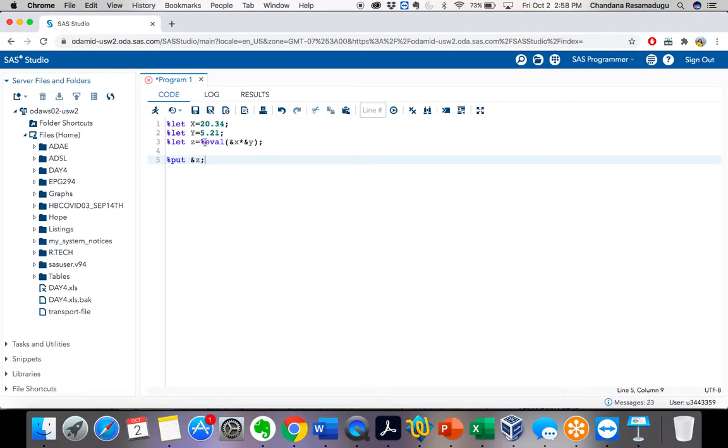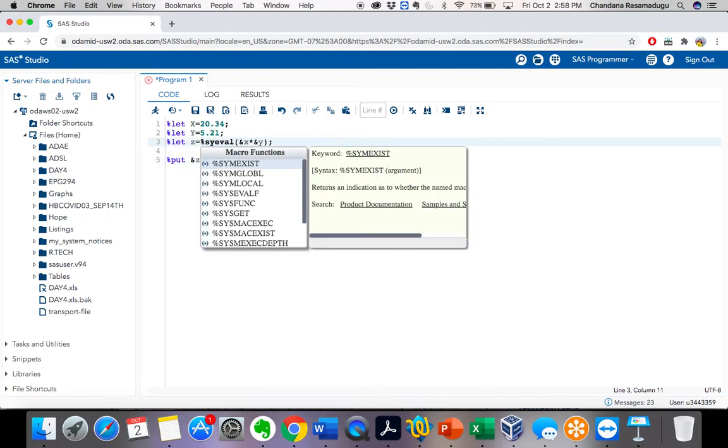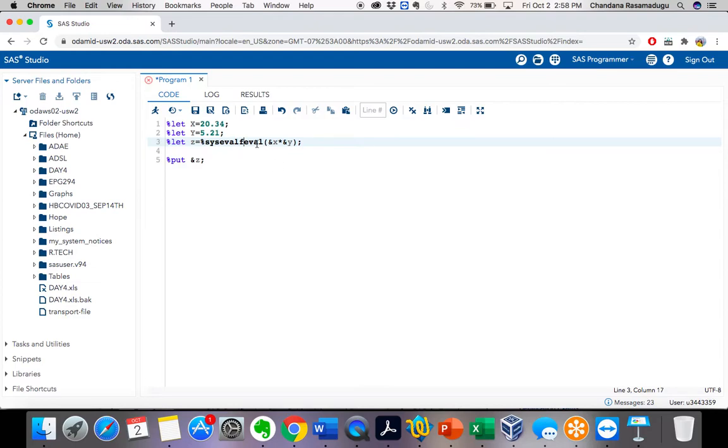If I have decimal values, in that case I need to use the %sysevalf function. What this %sysevalf function does is evaluate arithmetic and logical expressions using floating point arithmetic. Let's use this %sysevalf. Now I will be able to do calculations for these decimal values.